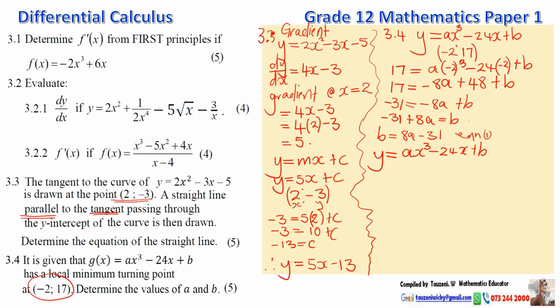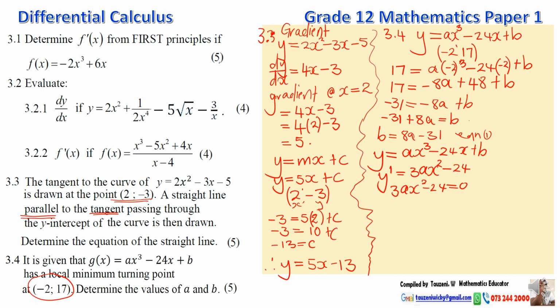So differentiate this expression, and after differentiating, equate the derivative to 0. So my derivative is 3a x squared minus 24. Then we equate the derivative to 0. 3ax squared minus 24 is equal to 0. When we equate this to 0,